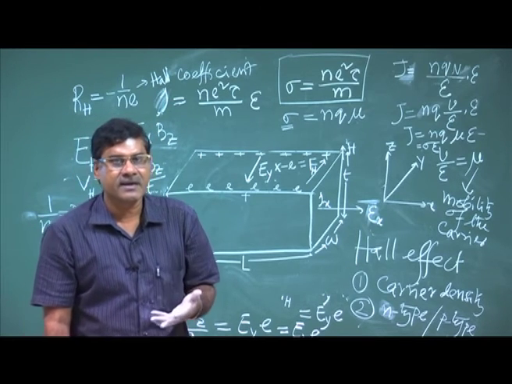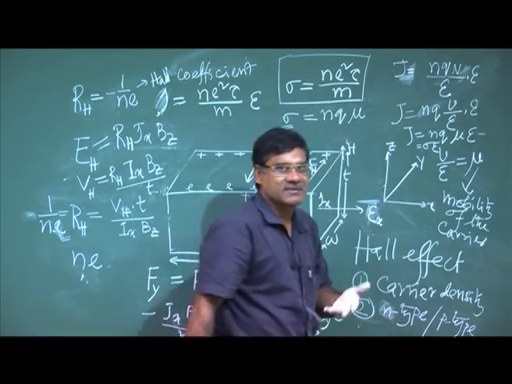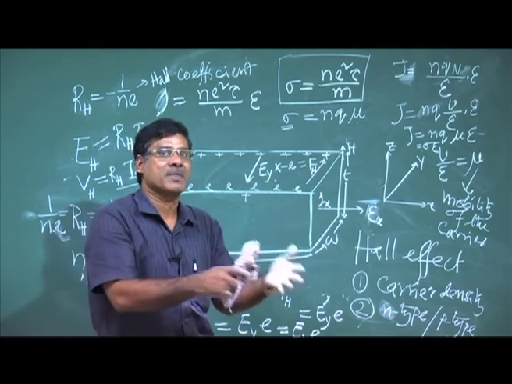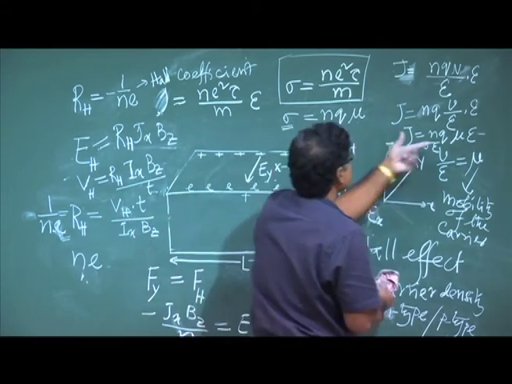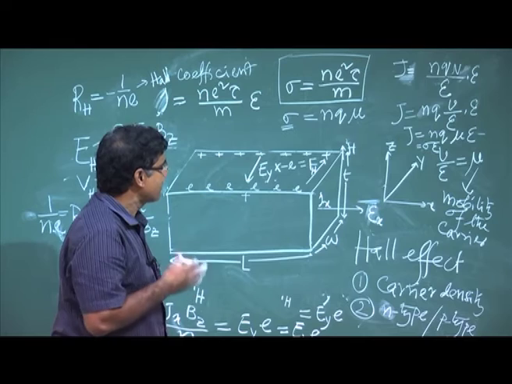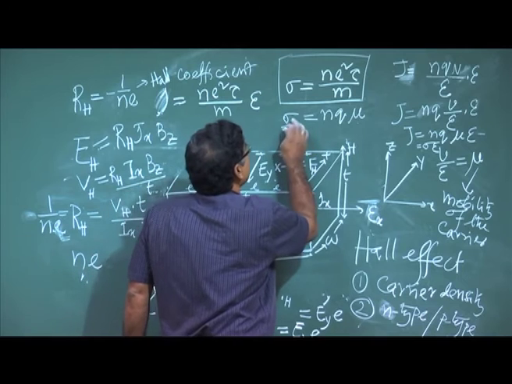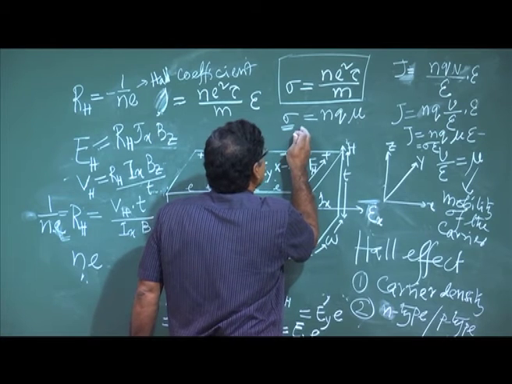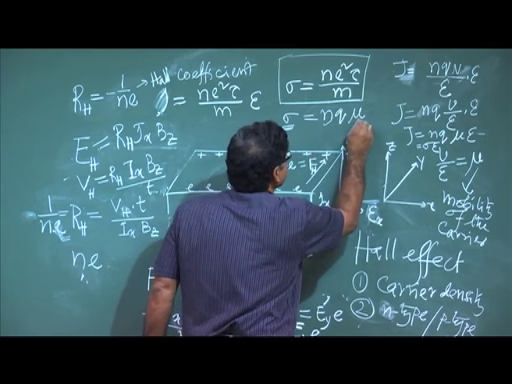Okay. So, mobility is a more independent parameter, like resistivity or conductivity. It is different from the conductance, different from the resistance. So, that way this parameter mu has significance. Okay. So, this conductivity is very important in the sense that it depends not only on the carrier density n, it depends on the mobility of the carrier also.